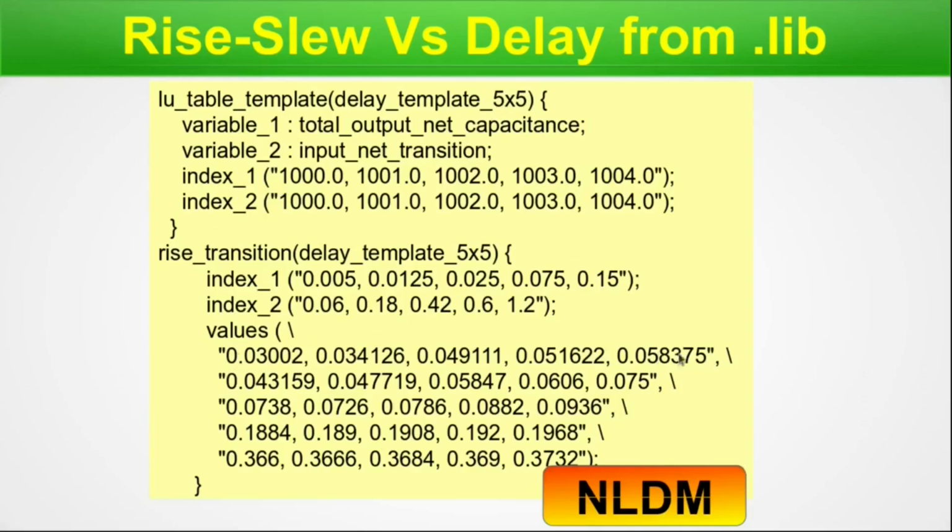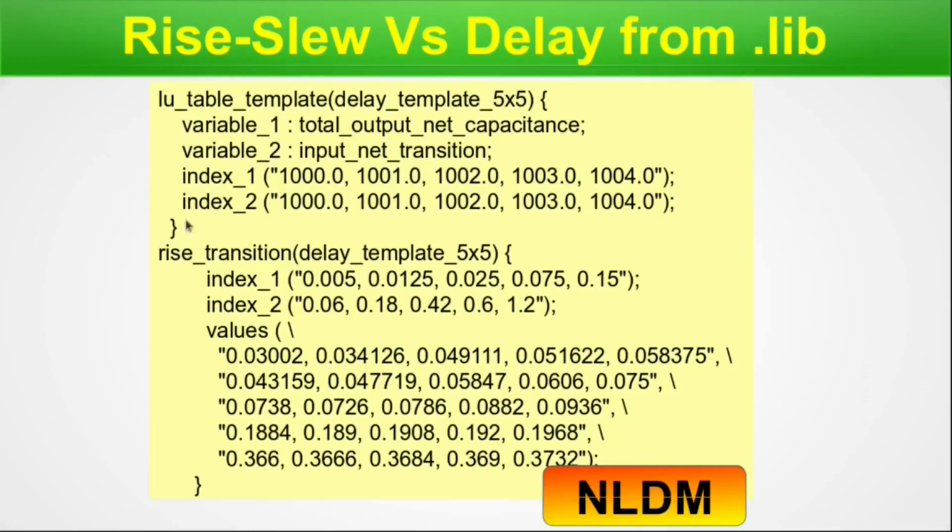So there is an entire spectrum covered here. So anything will come in between all these values. If it is on the point, the STA engine will find the exact value. And if there is some intermediate value, it will do the interpolation. Now the things are very much clear: first the template is defined, it is defined in the .lib